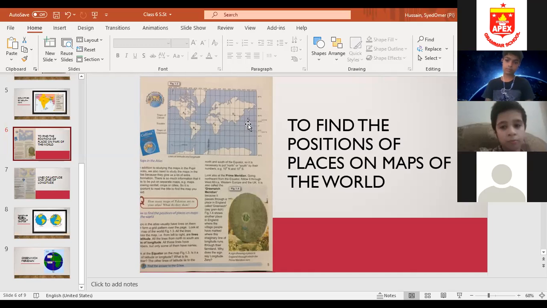Okay, so they have told you that the position of A is 40° north and 100° west. And for each of the dots B, C, D, and E, work out the number of the line of latitude and of the line of longitude that shows its position. Okay, understand? Firstly, we can write the line of longitude, what number is given, and then match it with the line of latitude.